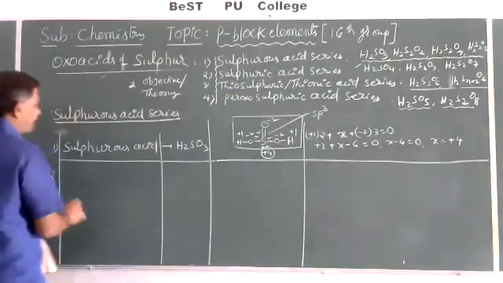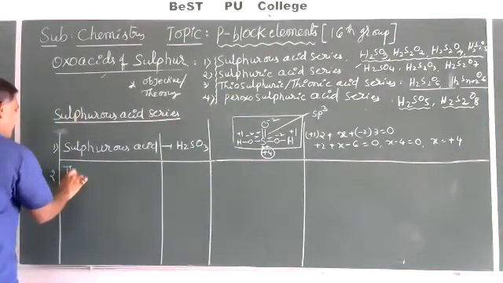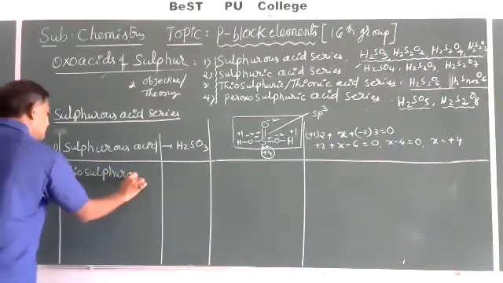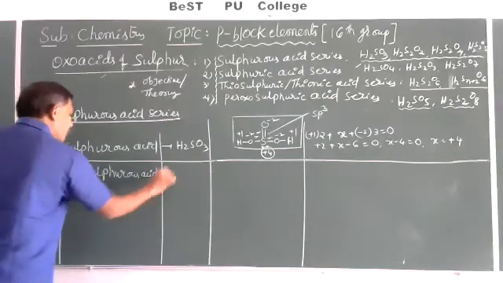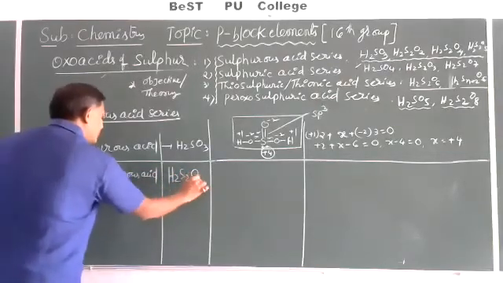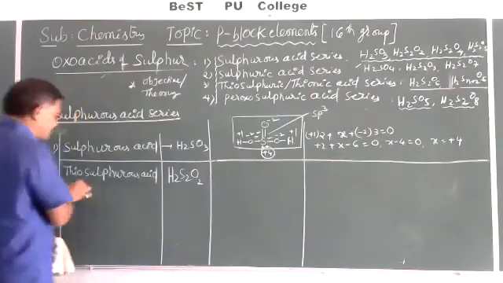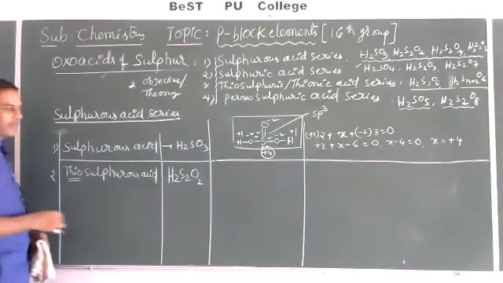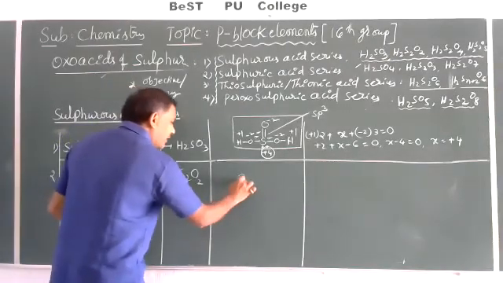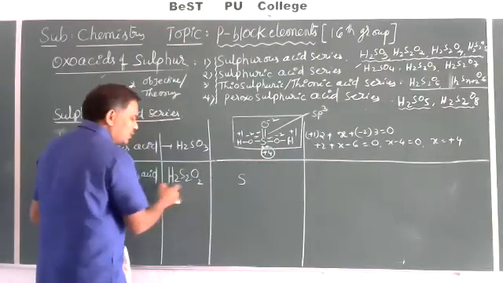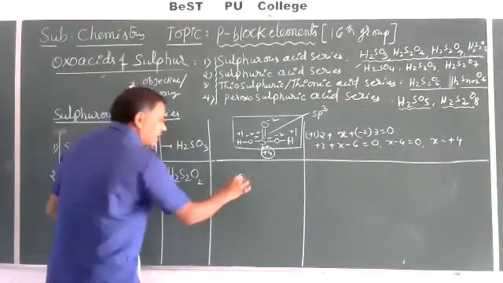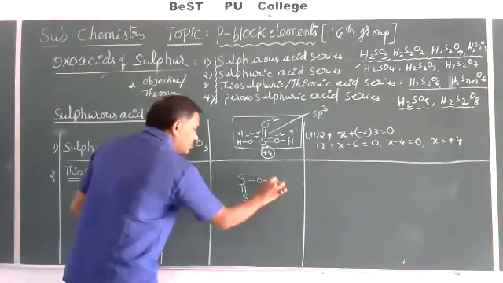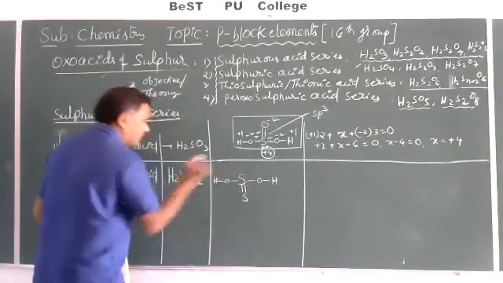H2S2O2, that is thiosulfurous acid. Formula is H2S2O2. The thio group is present. There is a sulfur and sulfur linkage in this. So its structure is like, only 2 oxygen atoms are there, 2 hydrogen atoms are there. That's why here there is a sulfur and sulfur, and here a bond to OH and here a bond to OH.